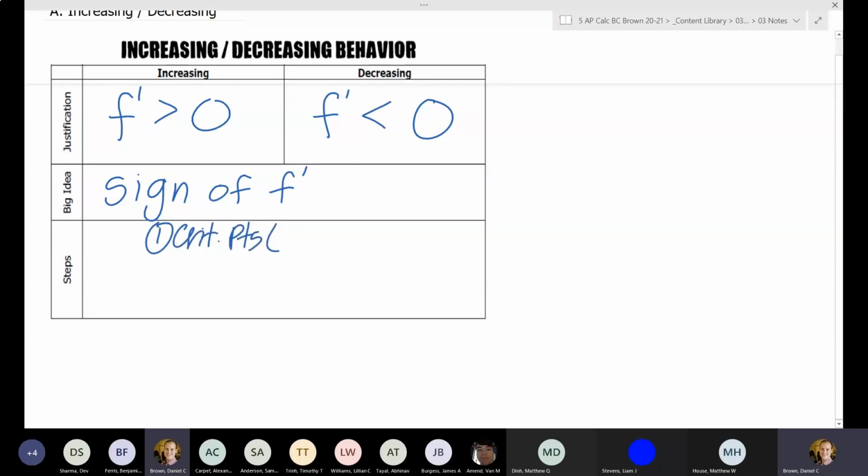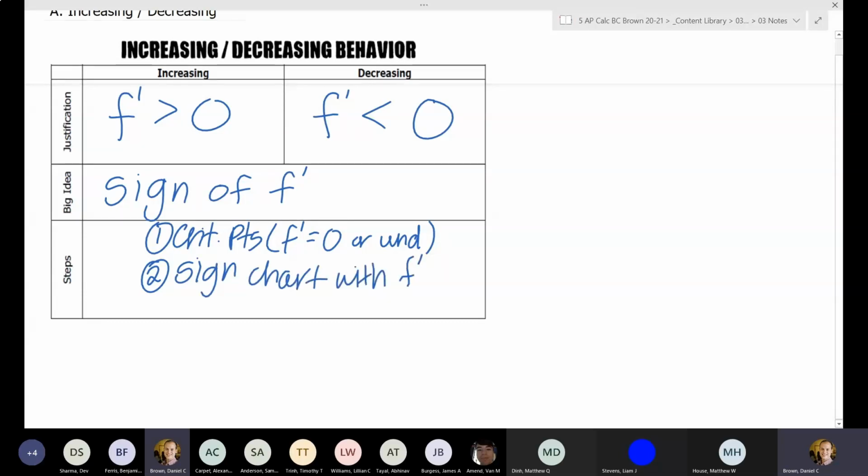The critical points are where the derivative is equal to 0, or where the first derivative is undefined. Then you use those critical points and the first derivative to do a sign chart